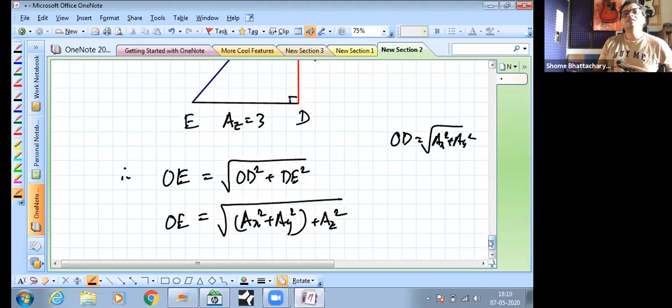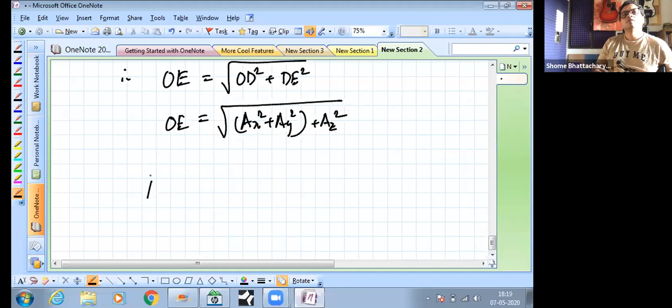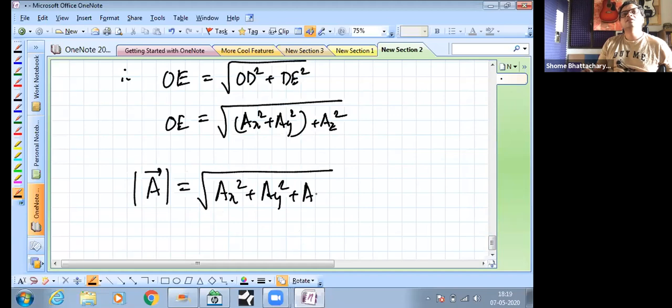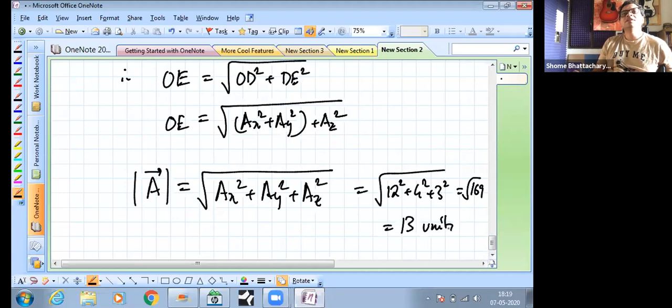So the magnitude of vector A becomes square root of X component squared plus Y component squared plus Z component squared, which in this case will become square root of 12 square plus 4 square plus 3 square, which becomes square root 169 or 13. In this particular example, it is 13, but the general formula of the magnitude of the vector becomes like this,